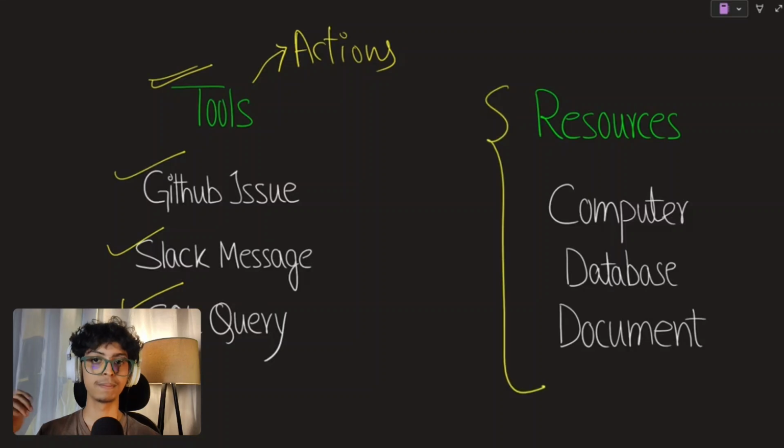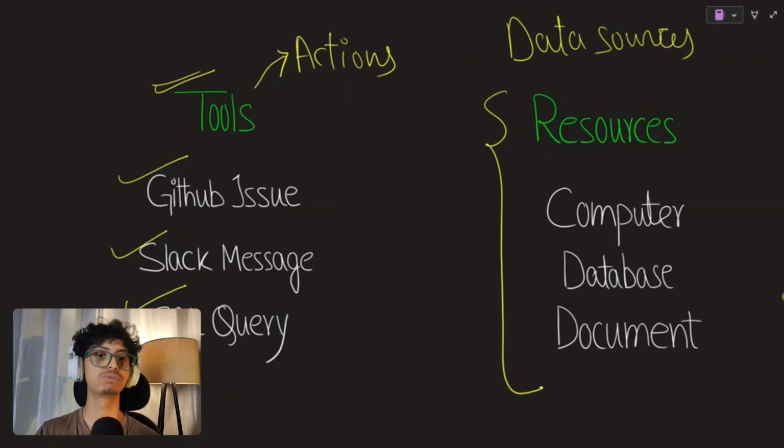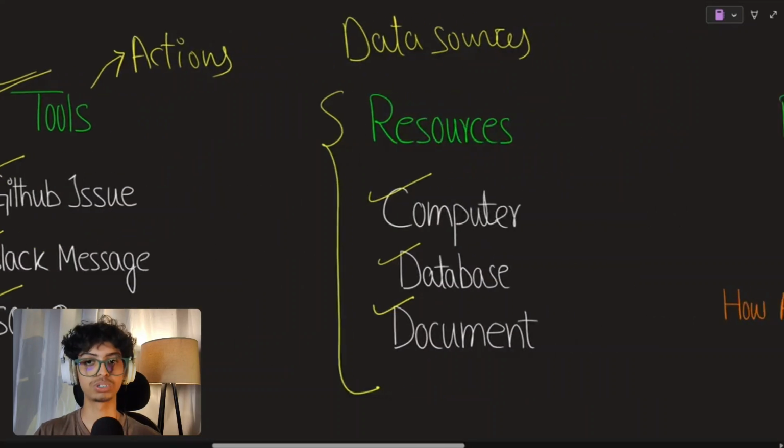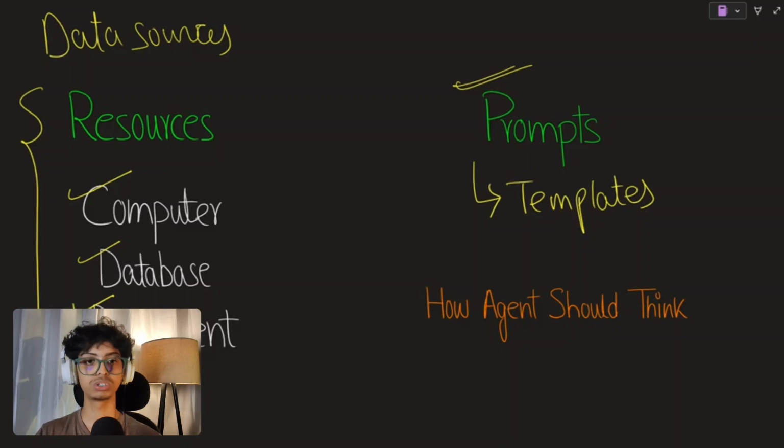Next is resources. So these are the data sources your agent can read from: a file on your computer, a row in your database, a document, anything your agent can see and read. That is a resource. And next is prompts. So these are reusable prompt templates the server exposes. So instead of writing the same complex prompt every time, the server packages it and makes it available to any